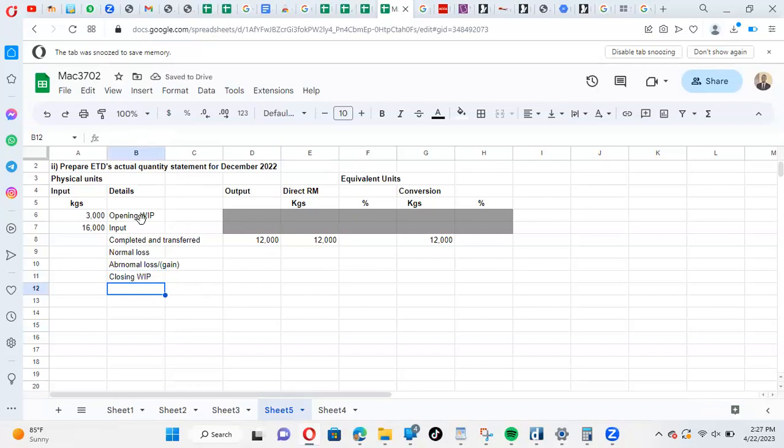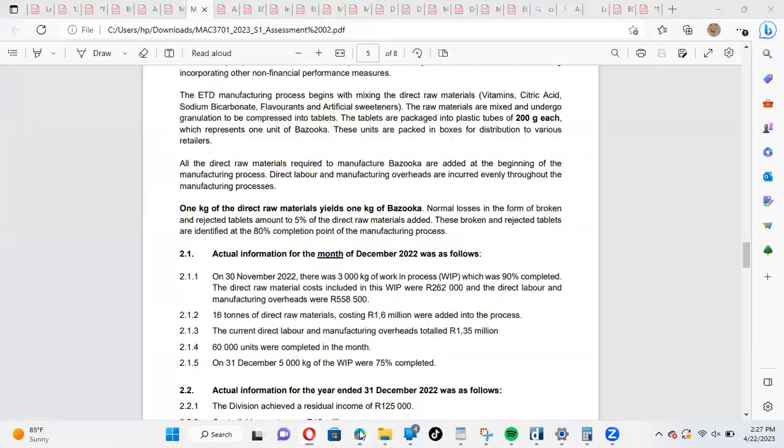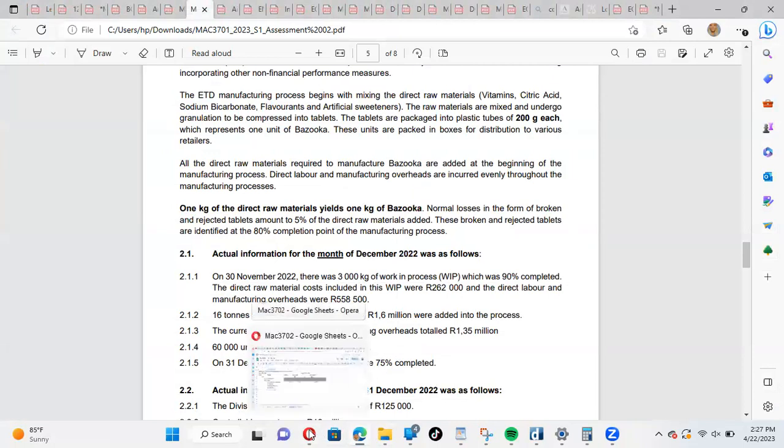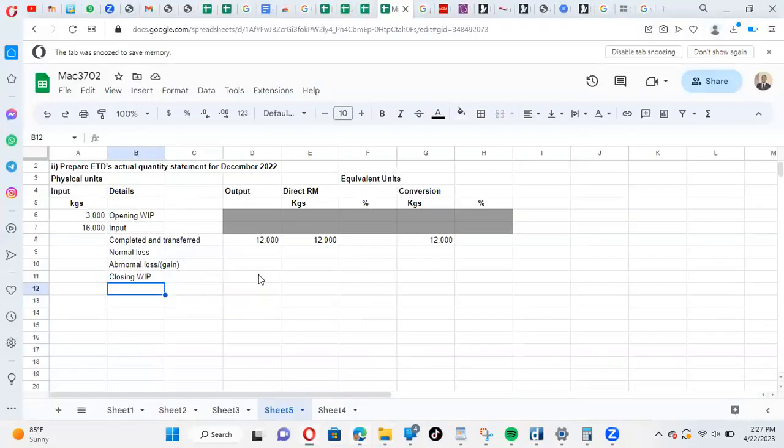So let's see what we can fill in there and what we can't fill in. This is easy to get to. 5,000 kgs of work in progress is 75% complete. So this is the closing work in progress there. It's 5,000, which is 75% to completion. So let's fill that up there. So there you go. In terms of units,